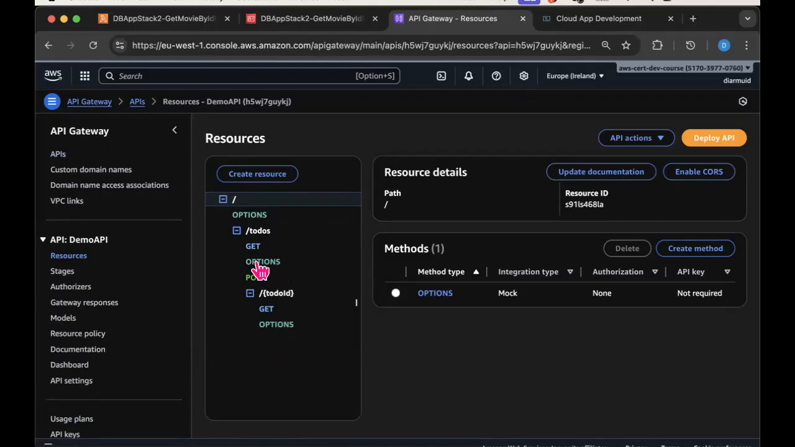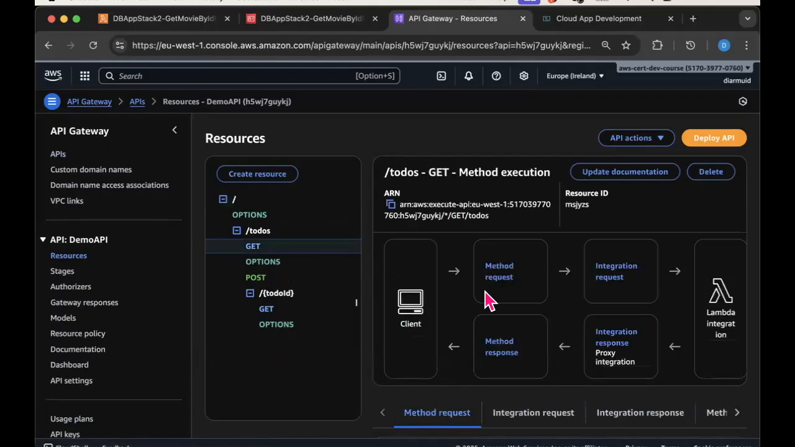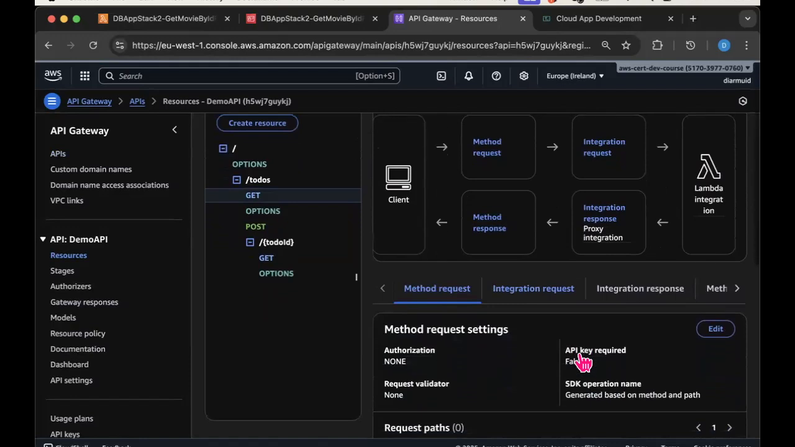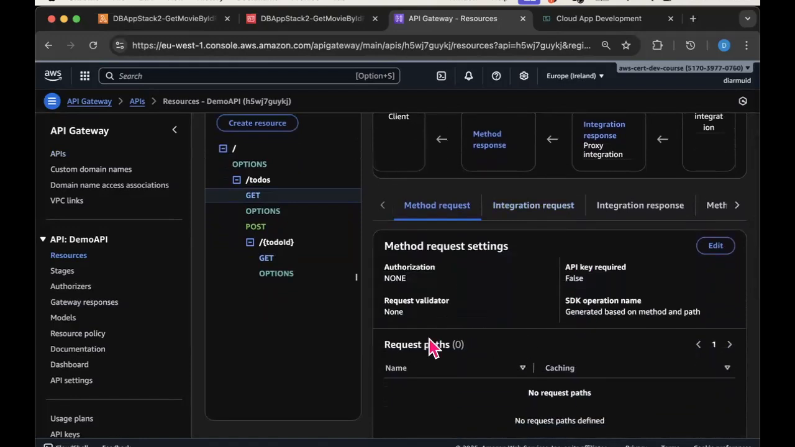If I select any one of these, this graphic tells us the nature of the backend, which is a Lambda in our case. That is as a result of me using the Lambda integration in my CDK code. And there's other information as well that you can poke around and have a look at. But in order to trigger it,